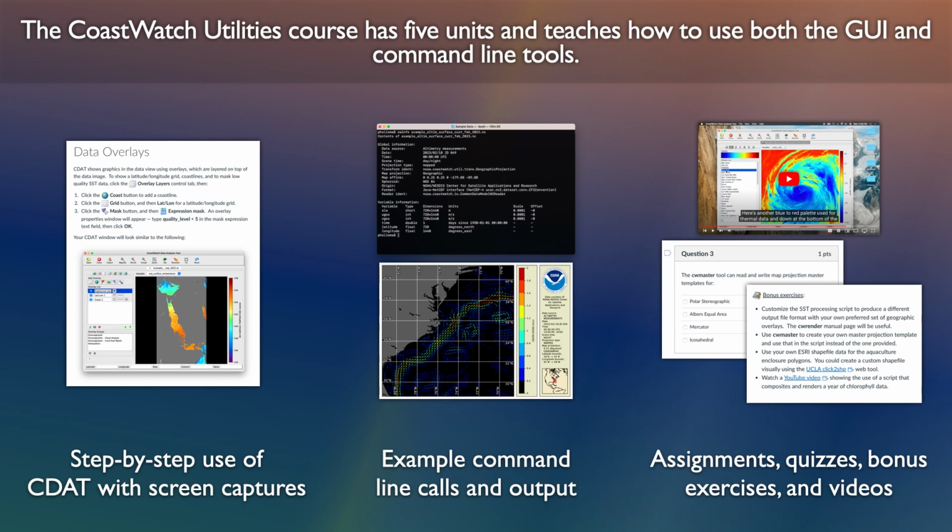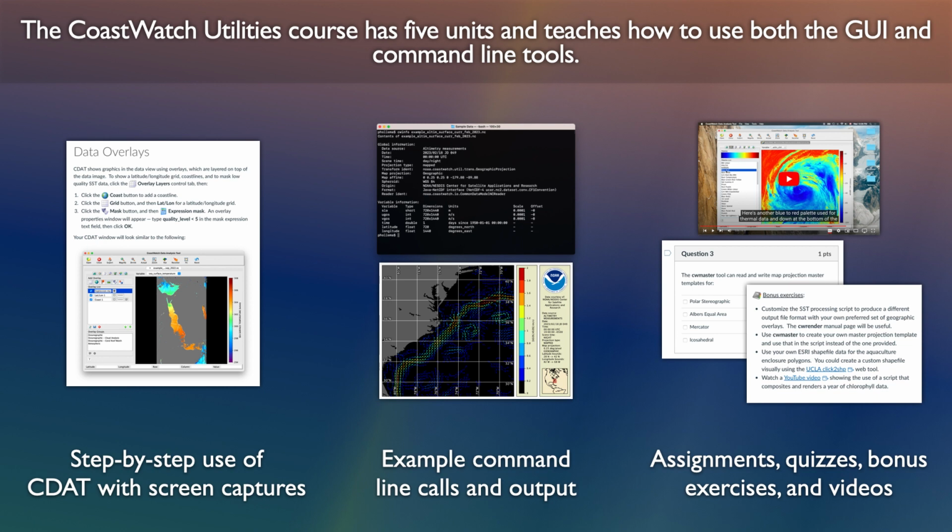The Coastwatch Utilities online course is part of a larger effort to provide advanced training material. The course has 5 units on different topics, and it presents both original content and it also links to existing content online such as the user's guide, presentations, and demonstration videos.